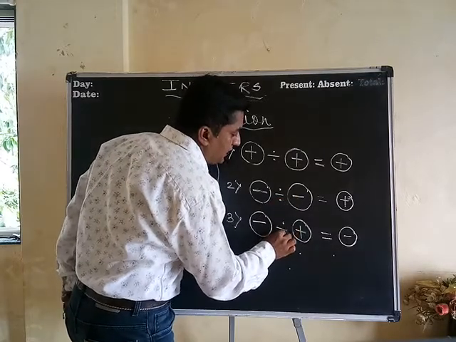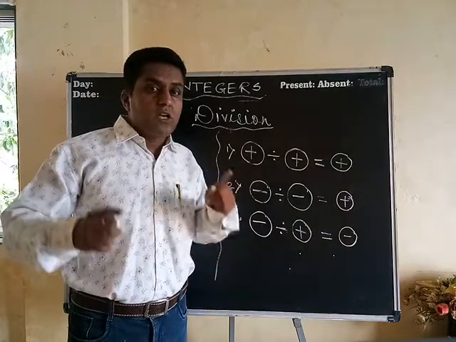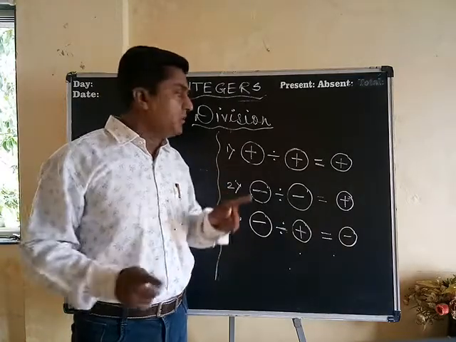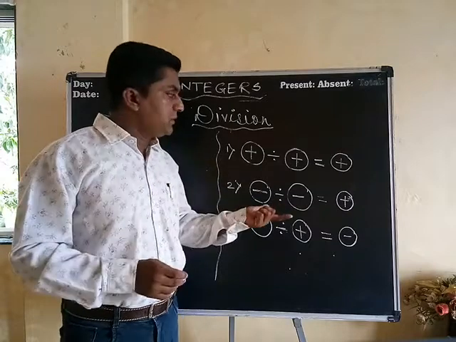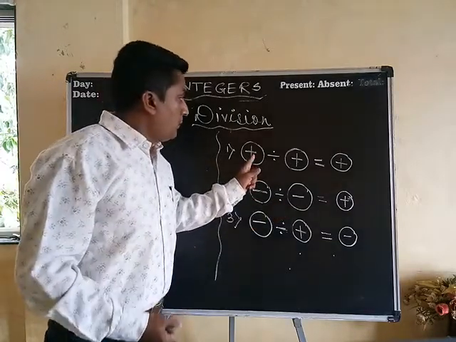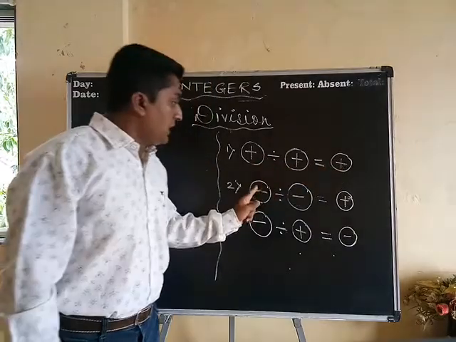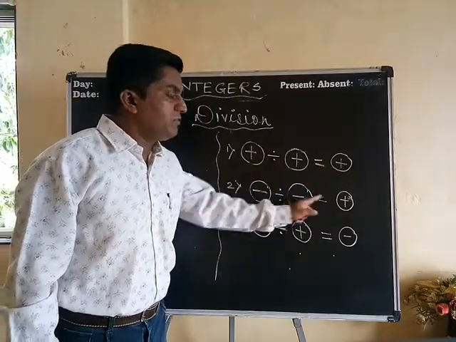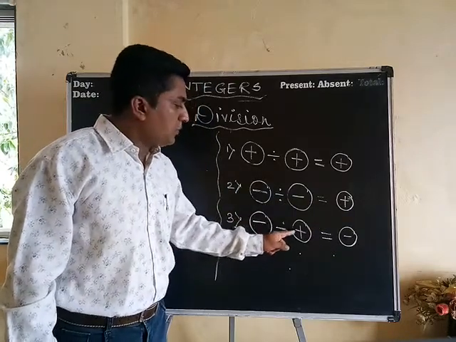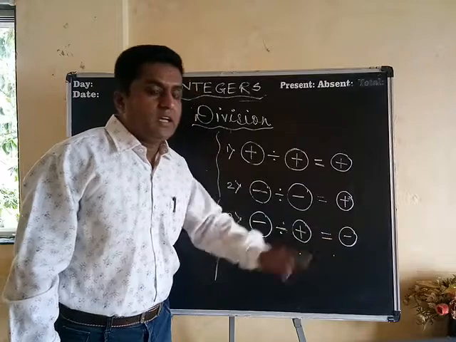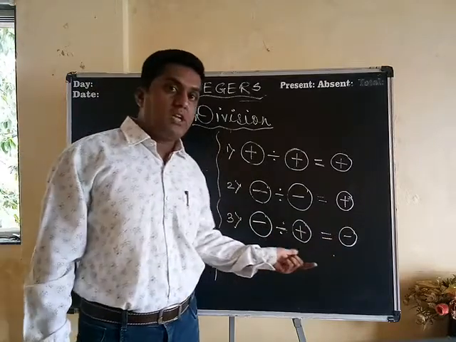This time we have division. Hope you must have understood. As I told you earlier, there is a huge similarity between the formulae of multiplication of integers and division of integers. Here it applies. See, positive divided by positive must be positive. Negative divided by negative must be positive. And negative divided by positive must be, we can say, negative. Ready everybody? So let us start with it.